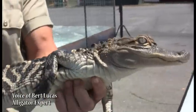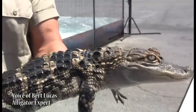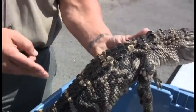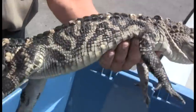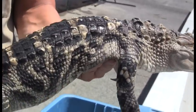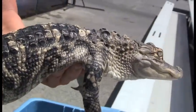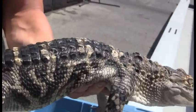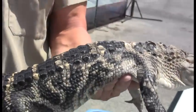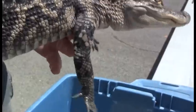What you'll notice about him versus the larger adults is that he has all of these light colored bands and a lot of that beige and yellow color in his skin, and that's what helps these juvenile alligators blend in with their environment so that they don't get eaten by other alligators or other animals. At this size, really all he would have to worry about is a larger alligator, and they'll eat each other